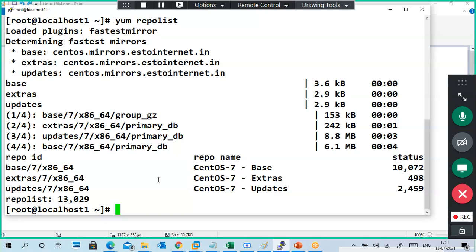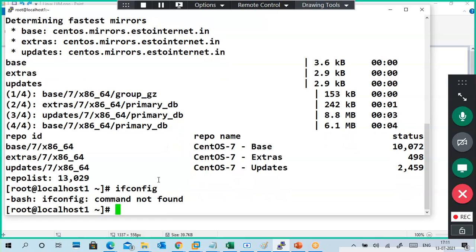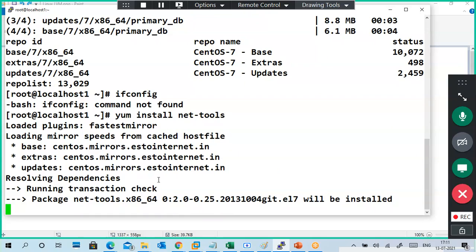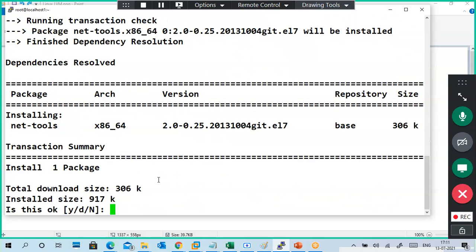As I showed, ifconfig is not working, right? What is the package I have to install? Then ifconfig will work. yum install net-tools. It directly finds where the package is and tries to install it.